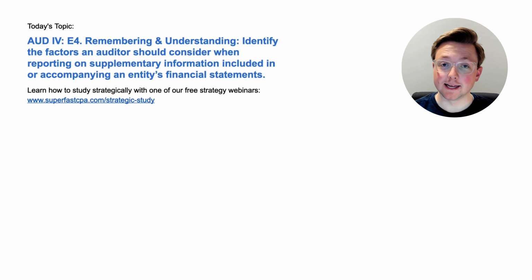I'm Logan, and in today's video, we're going to be going over Audit Area 4. This is Section E4. This is a remembering and understanding topic. Identify the factors an auditor should consider when reporting on supplementary information included in or accompanying an entity's financial statements. And we're going to be doing that the SuperfastCPA way, which is diving straight into the questions to learn the